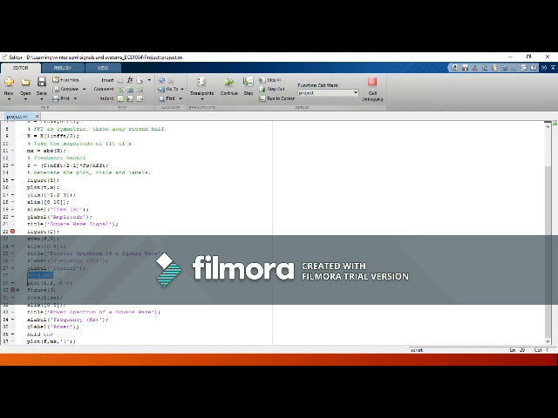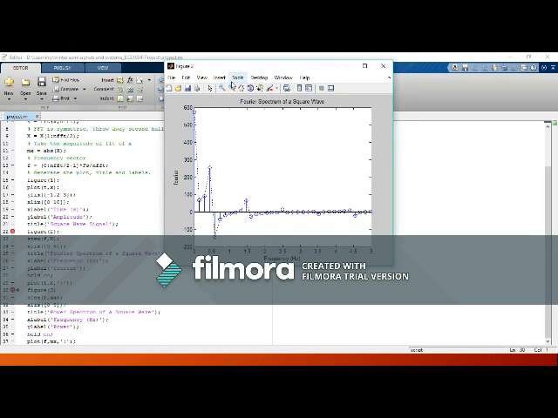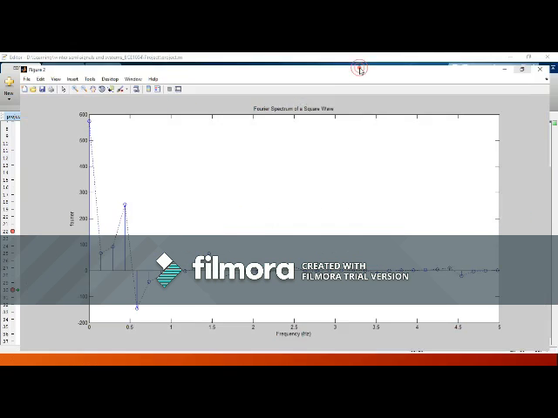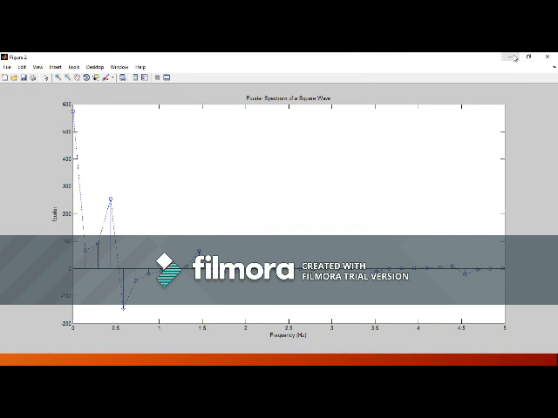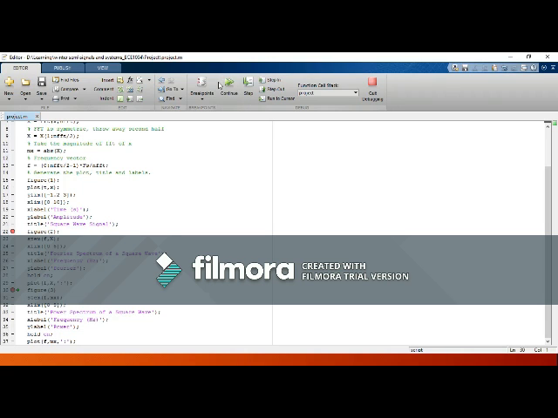So, the Fourier transform will be as follows. Hence, our final output, the power spectrum, is: